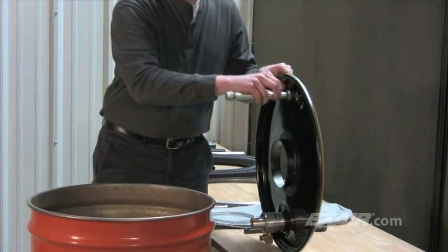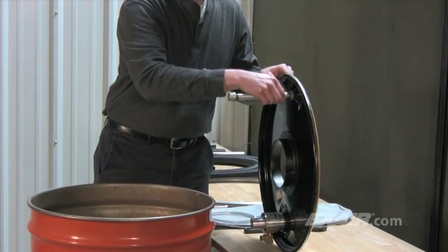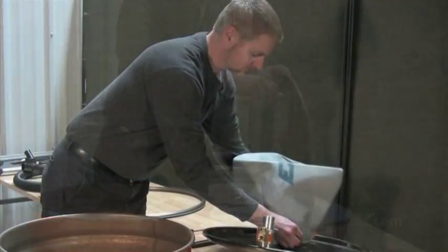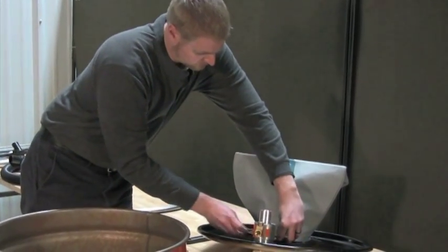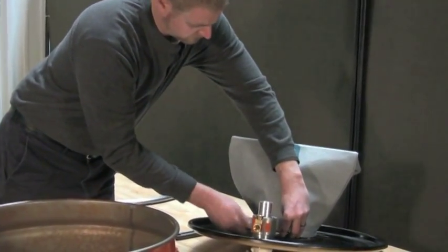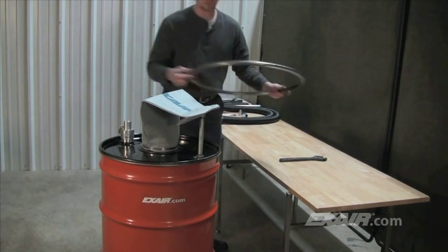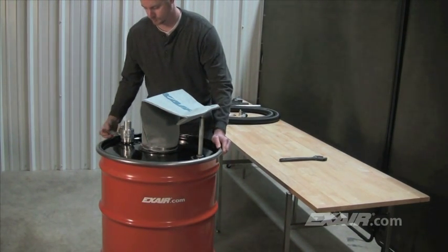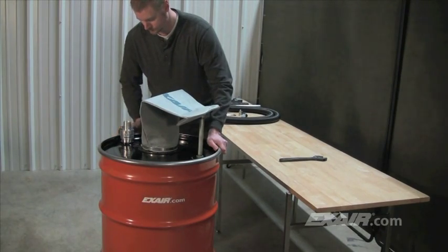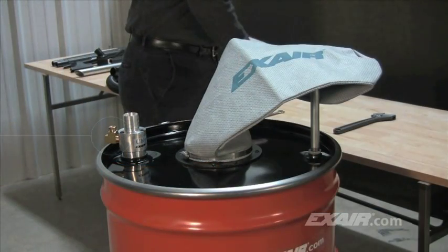The hose hanger is then threaded into the 3/4 inch MPT hole on top of the drum lid. The 0.1 micron filter bag is secured to the flange in the middle of the drum lid with the band clamp that's provided. The drum lid with the assembled components is placed on top of the drum and secured with the lever lock ring. A brass pipe tee has been threaded into the compressed air inlet of the Chip Vac